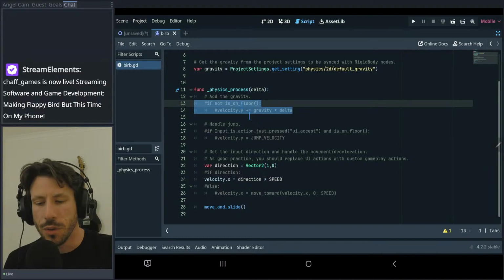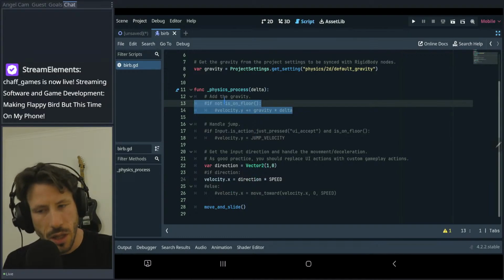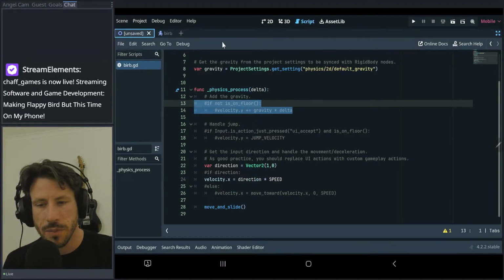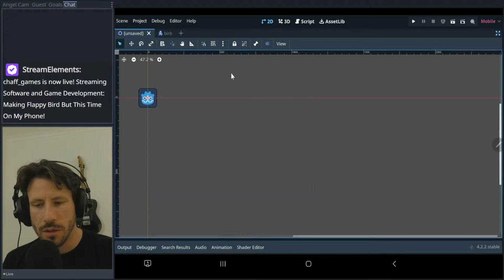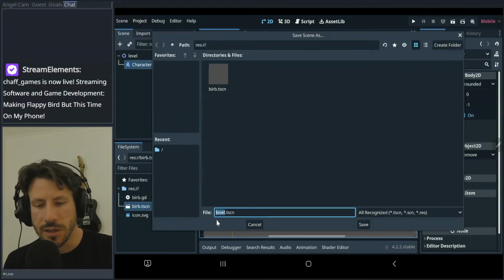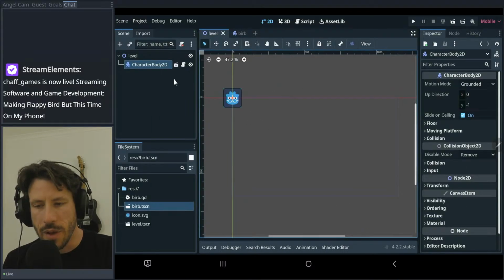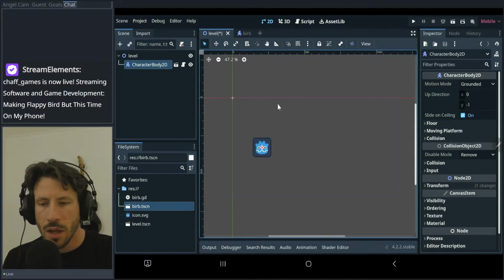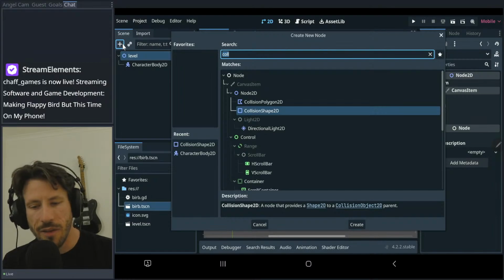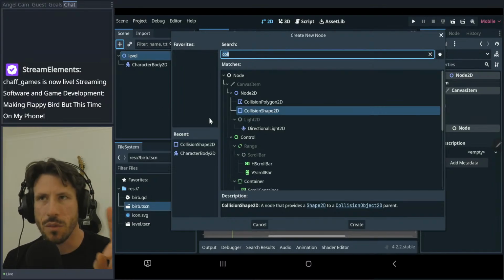But what I do want to do is just see if it moves in the direction that I expect it to. I'll go back to this scene and I will save this scene as the level. And I'll grab our CharacterBody2D and I'll just move him somewhere into the screen. Now, before I actually launch the game, because I have been noticing that there's a bit of trouble with it,